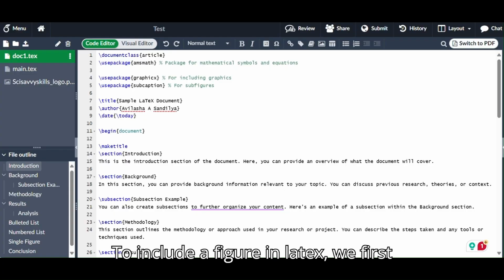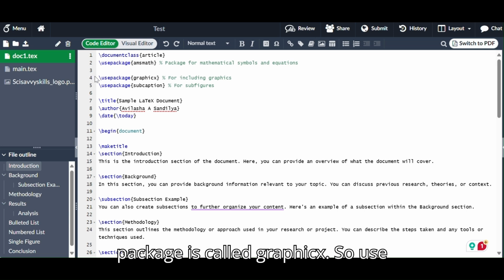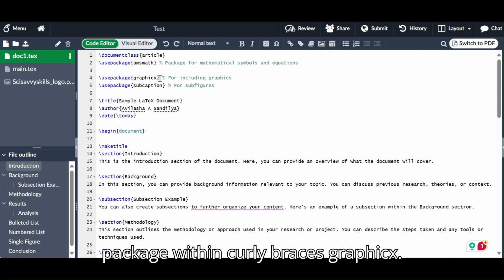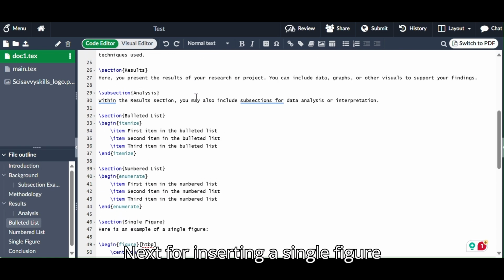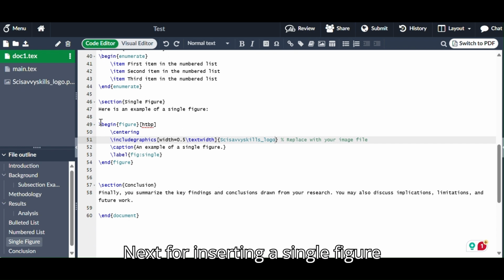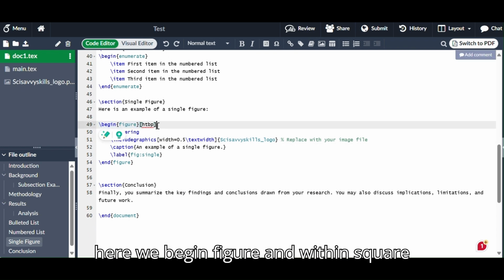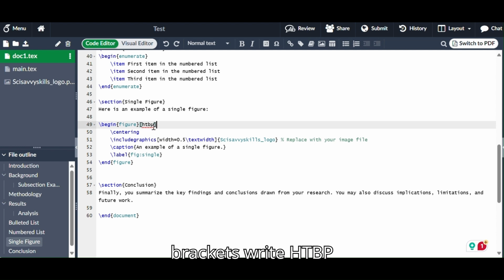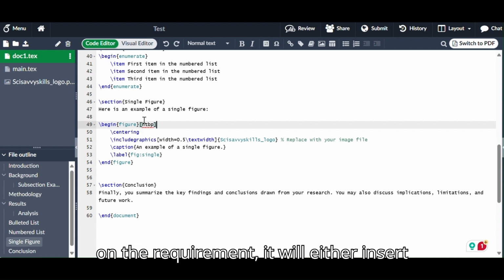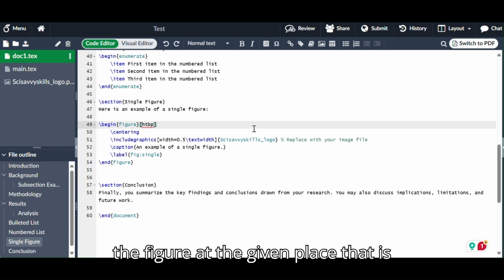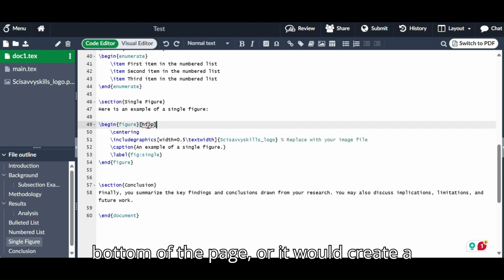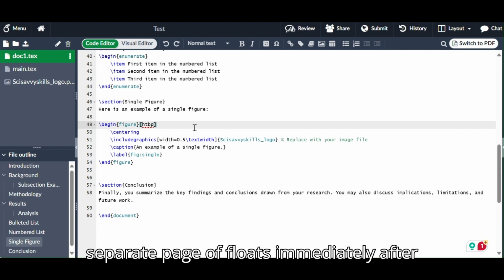To include a figure in LaTeX, we first have to include the package, and the package is called graphicx. So use package within curly braces graphicx. Next, for inserting a single figure, here we begin figure and within square brackets write htbp, which stands for here, top, bottom or page of floats. So depending on the requirement, it will either insert the figure at the given place, that is here, or at the top of the page or the bottom of the page, or it would create a separate page of floats